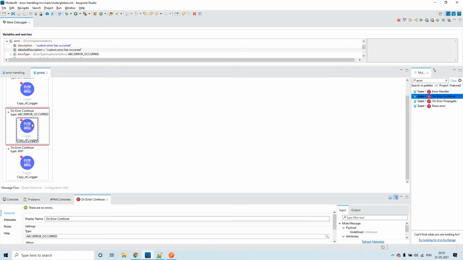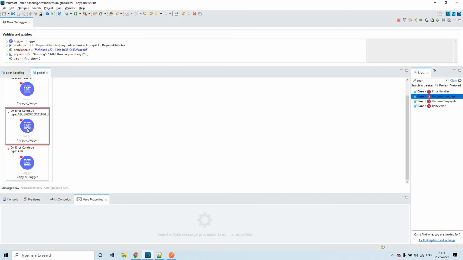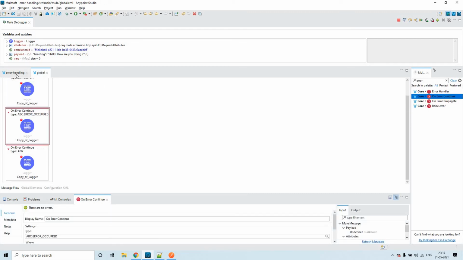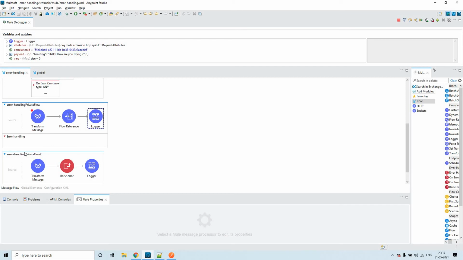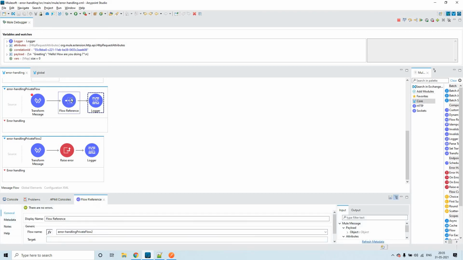Okay, so that is the reason you could see the control is inside this on error continue and on the logger. So let me click on next. Now what happened? Because it is an on error continue, that means from this flow, though it has gone to the global handler, it's a success response to the parent flow. So here it will be getting a success response. That is the reason this flow is continuing with its own execution.